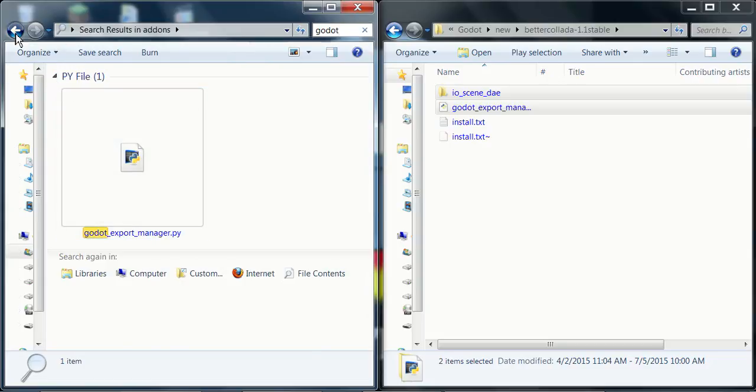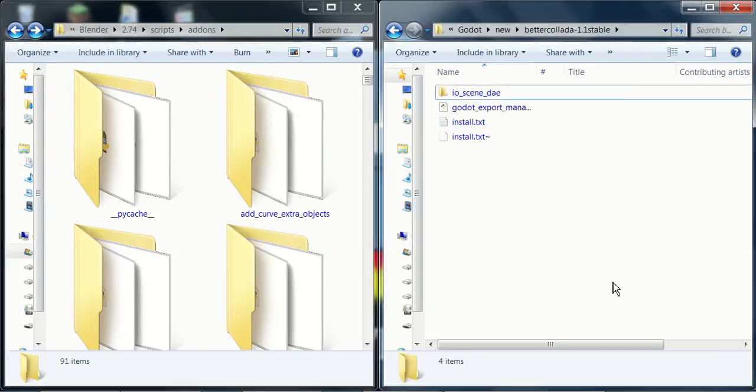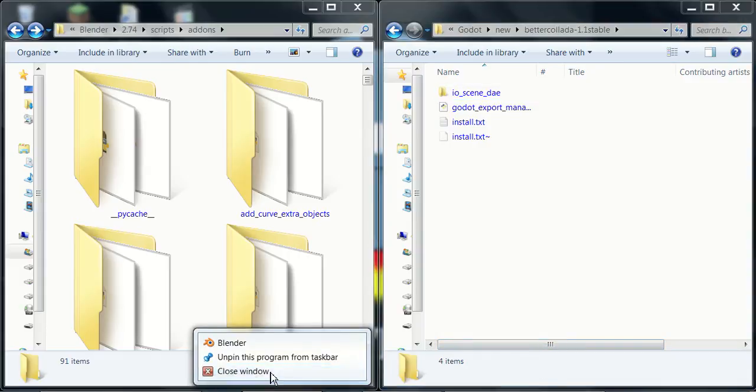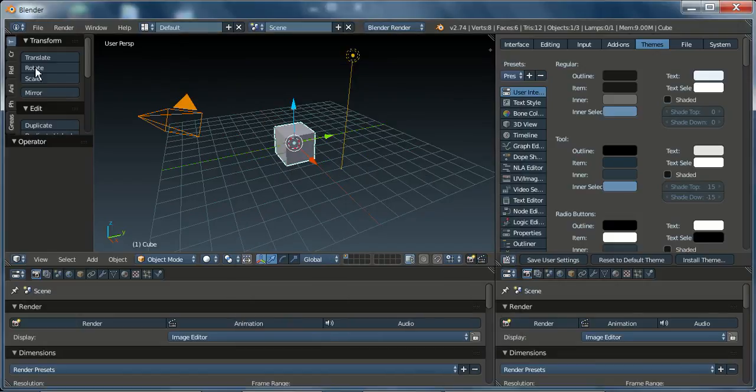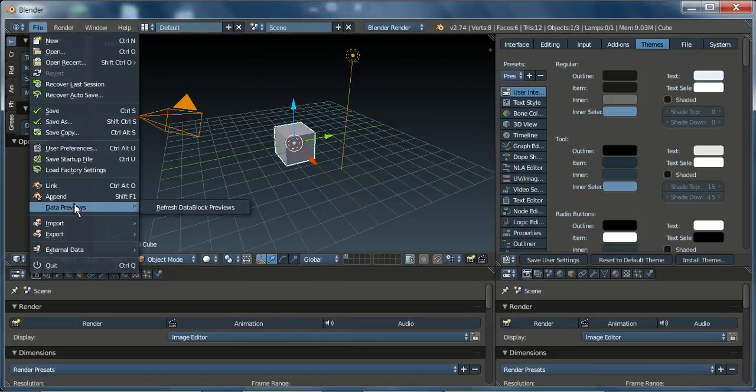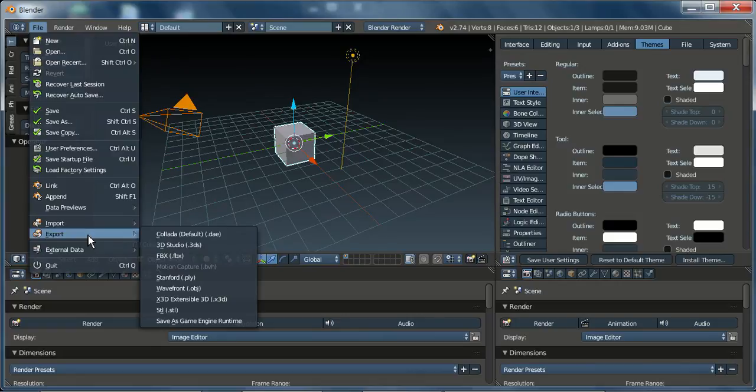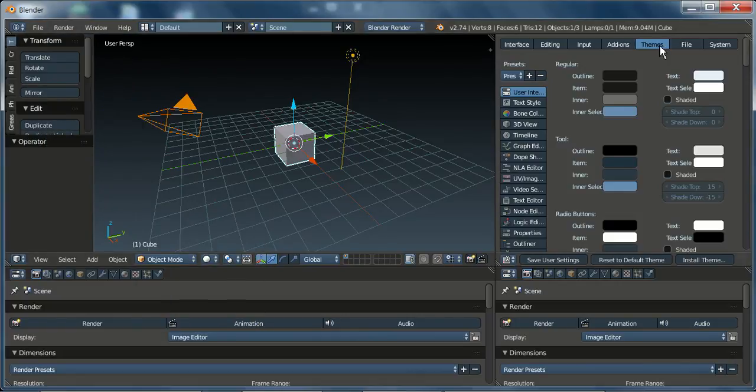Okay, it's there. Just copy it over. This will give you your better Collada. Close Blender. Open Blender. Now,